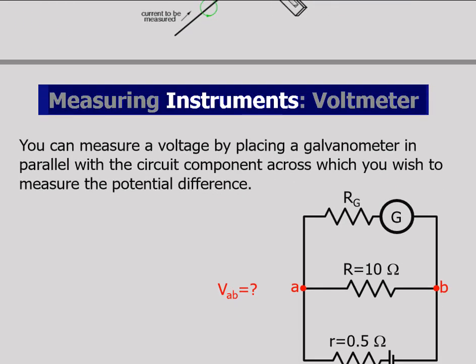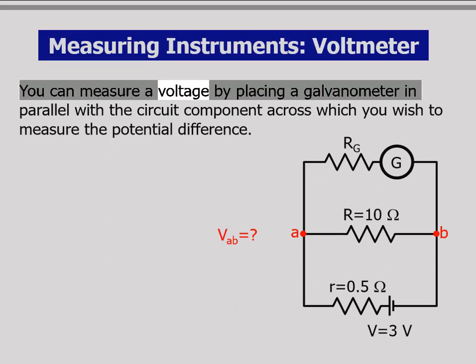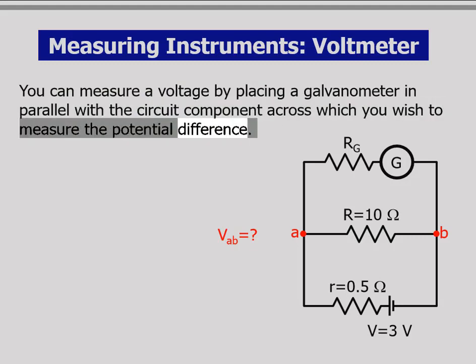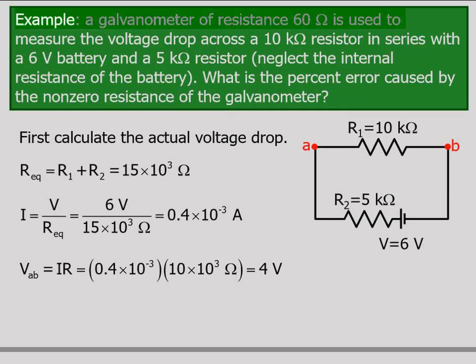Measuring instruments: voltmeter. You can measure a voltage by placing a galvanometer in parallel with the circuit component across which you wish to measure the potential difference. V equals 3 V, R equals 10, r equals 0.5. Example: a galvanometer of resistance 60 is used to measure the voltage drop across a 10K resistor in series with